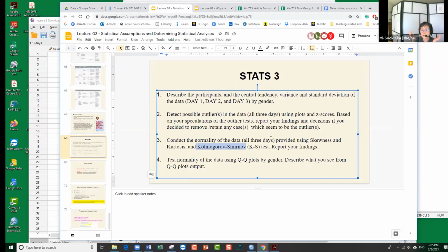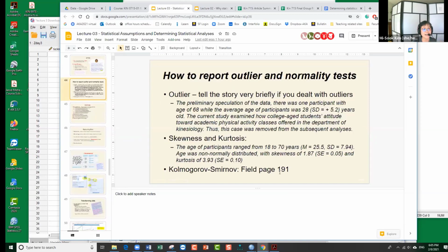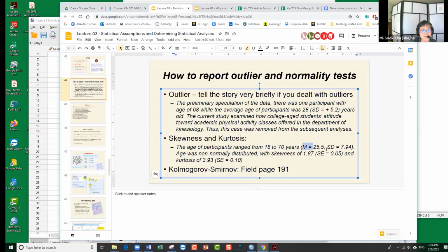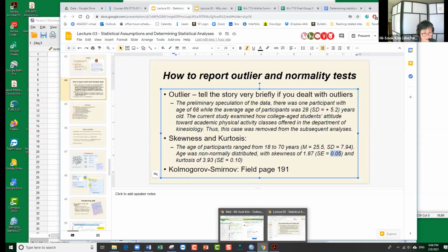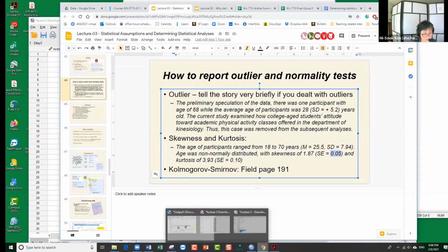How do we report? Where do I have that? Here, outliers. This is the example that I'm giving you. Sometimes just go with what other people say until you develop your sense of writing. Then skewness, kurtosis. You need to report the mean, standard deviation. Then this is skewness, and then SE is right. This SE that you can find is right. It's standard error, and I'll give you the concept later on. You need to pick that up from